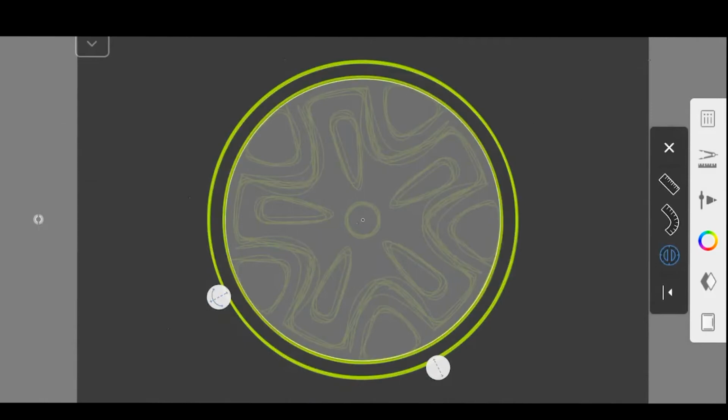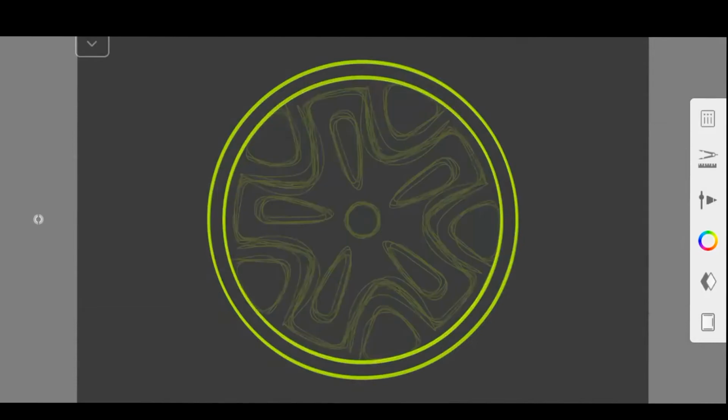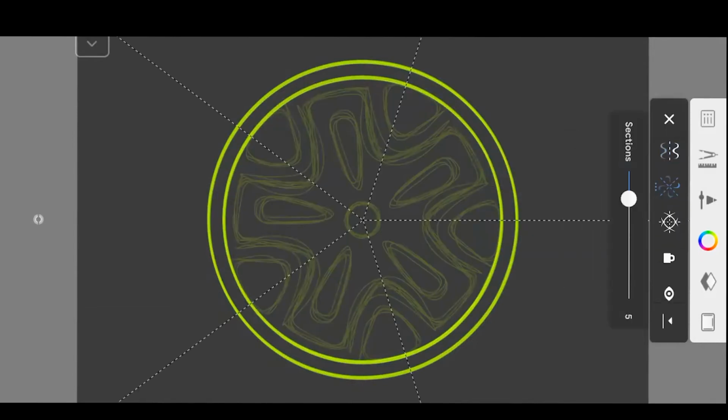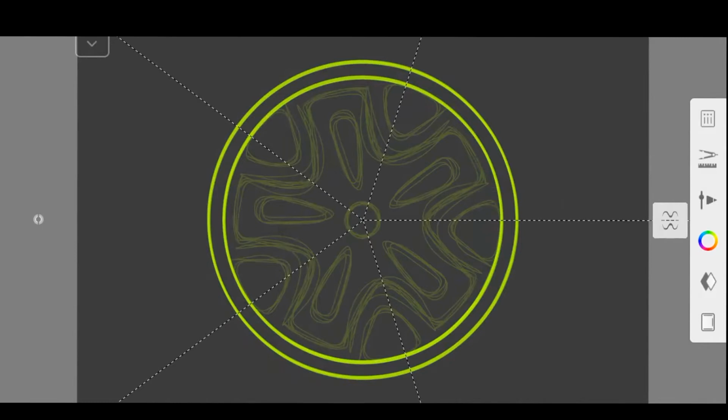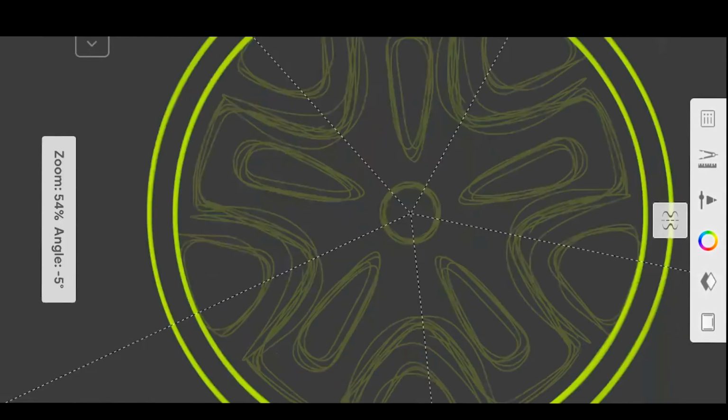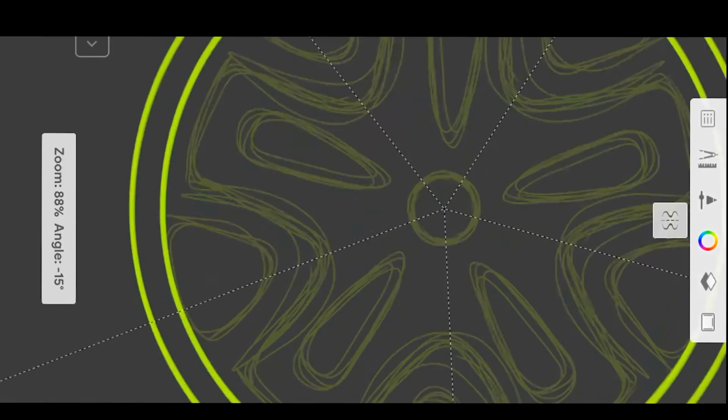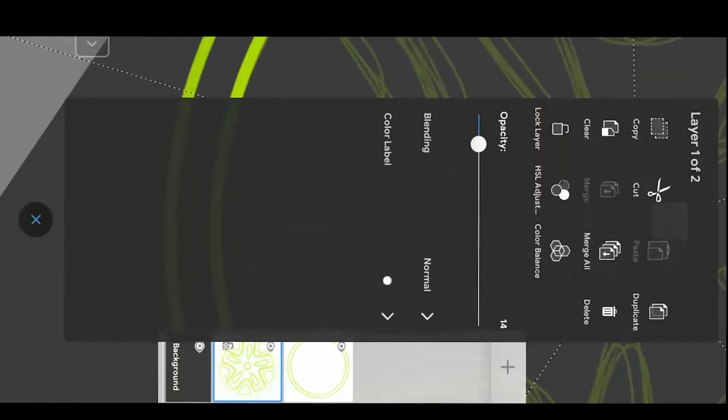Now I will select the symmetry again. It is already locked here with the 5 segments. What I will do is sketch on it above this layer. I will decrease its opacity a little more.